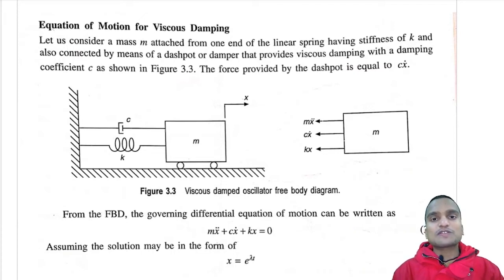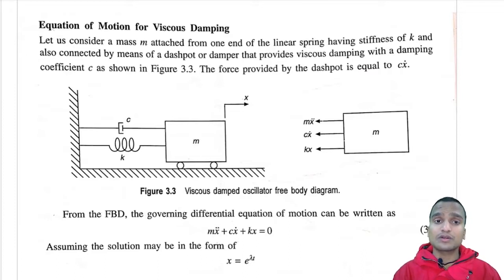Hello and welcome everyone. So far we have discussed damping and types of damping in free damped vibrations. In types of damping we have seen mostly viscous damping and Coulomb damping in detail. And we know that Coulomb damping is a non-linear system and its analysis will be a bit complex as far as our scope is concerned. So our syllabus is only limited to viscous damping, okay? Whenever we talk of damping in this course, it will be viscous damping only.